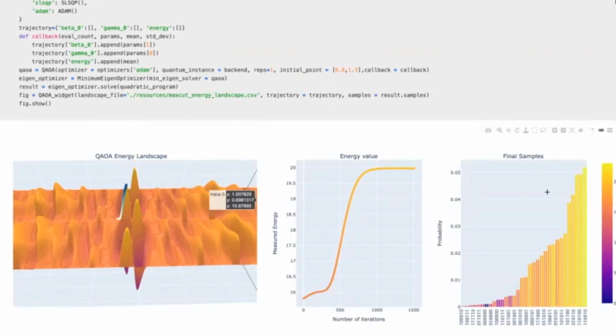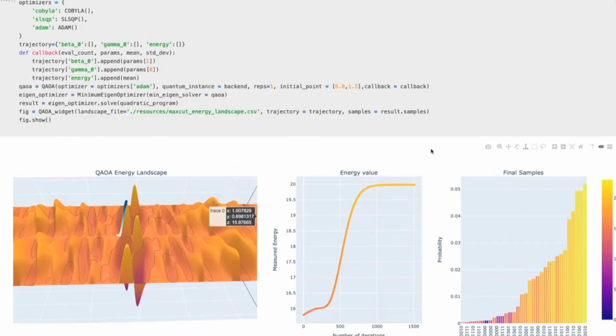And then to the very right, we plot the samples of the final quantum state, again as a histogram over the different computational basis states. This is just like the plot that you've seen above. Again, we can see that this is a good solution because it has large overlap with states that have a very high value and small overlap with states that have a very low value. Okay, so this is how the optimization looks.